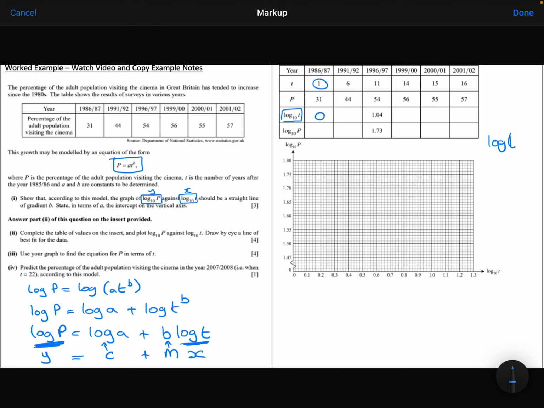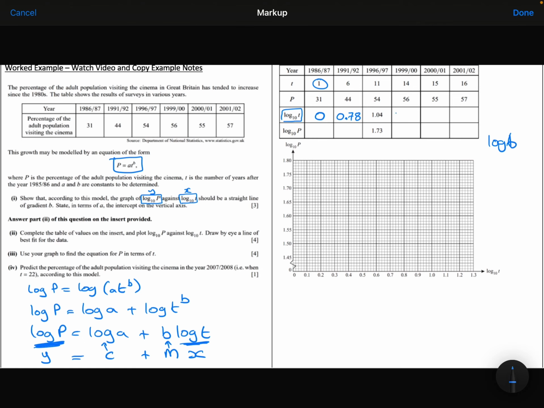Now type in log 6 and I get 0.77815. I'll give this to 2 decimal places, or 0.78. I'll now do log of 14,